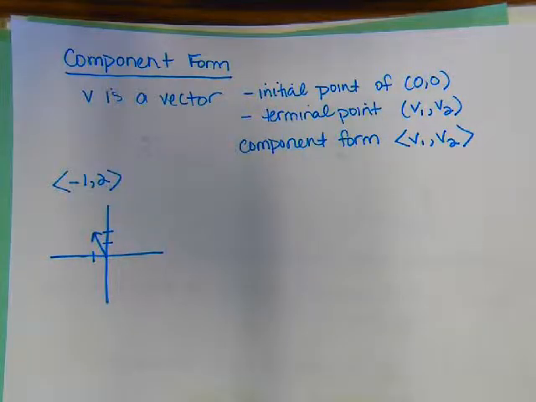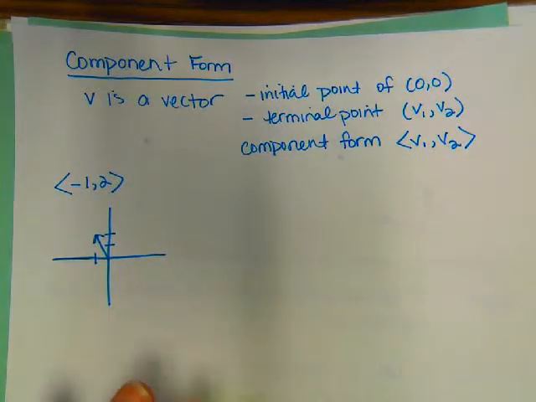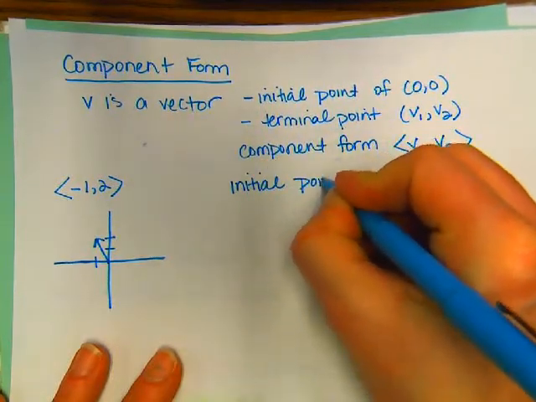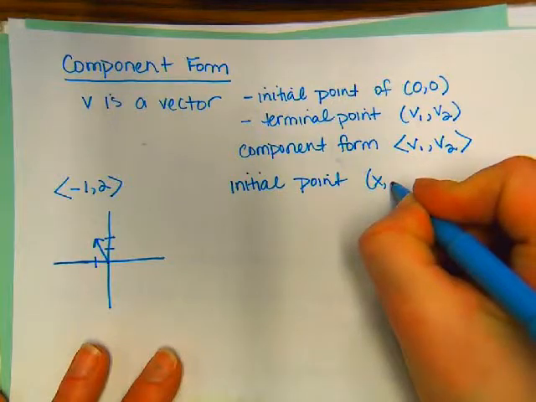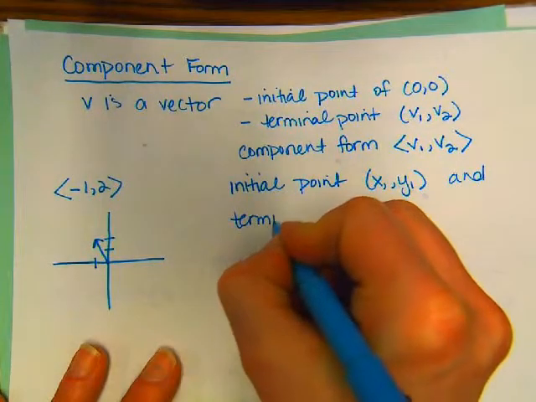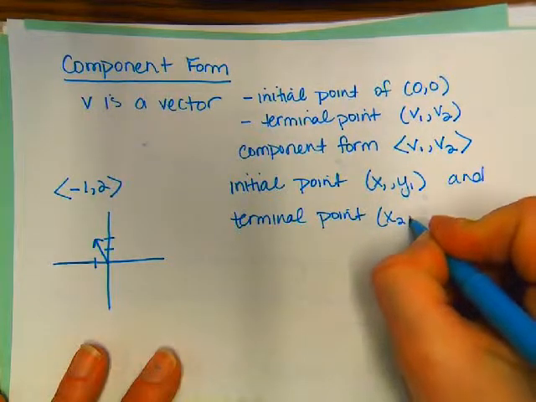Okay. Now, what if I have points? What if I give you the ordered pairs, though? Like the one we did in the last example where it didn't start at 0, 0, and I wanted to find its component form. I'm going to give you a little formula to do that. If you have initial point x1, y1, and terminal point x2, y2,